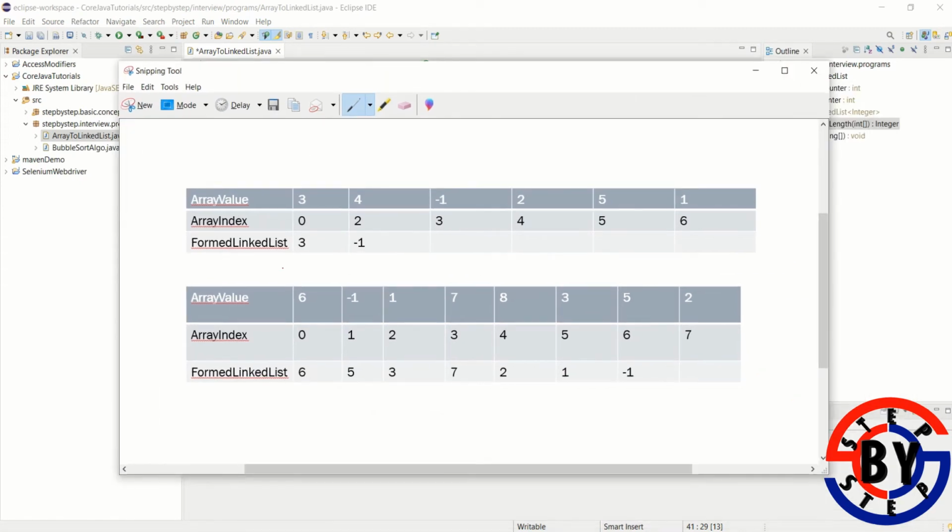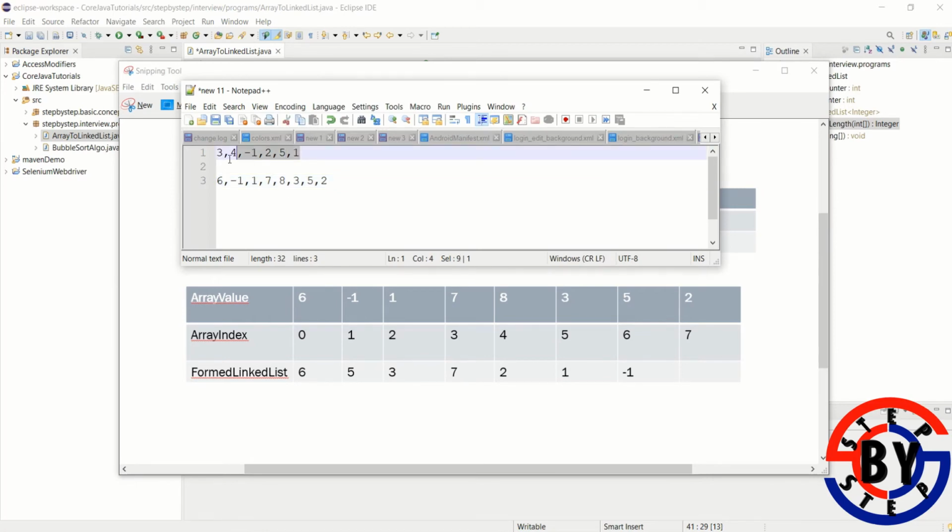If you can see, I got two arrays with 3, 4, -1, 2, 5, 1. If we consider the first example, it will start from the 0th index. The value is 3, so we have added it in the linked list. Then as the value is 3, we need to go to the third index. So we came to the third index and the value is -1, so we added that. But as it's a -1 value, our loop should break here. So the formed linked list will be 3 -1 and the length should be 2. That should be the output. So let's run the code.